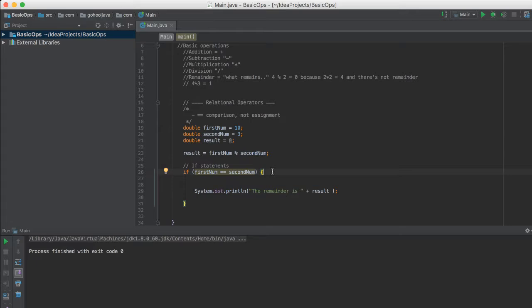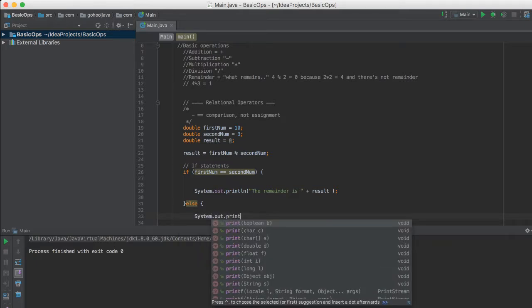Now the beauty about if statements is that you can also attach what they call else. Again, it goes back to the English language, right? If this happens, do this. Else, which means in other case, opposite to the case that I'm trying to look for here to be true, then I want to do this other thing. Well, we can do that also with if. Now you can say else, you have to attach it to the end of this squiggly bracket that's closing here, right? And then inside here you can say